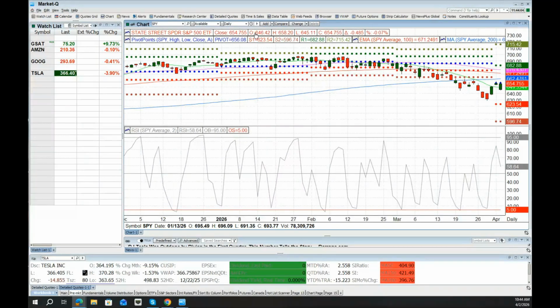So if we're in a downtrend, I'm looking to join that trend lower at resistance areas, and if we're in an uptrend, I'm trying to join that trend higher at support areas. And I kind of got into this the other day briefly. So this picture is the same. I'm looking for the same picture over and over again.